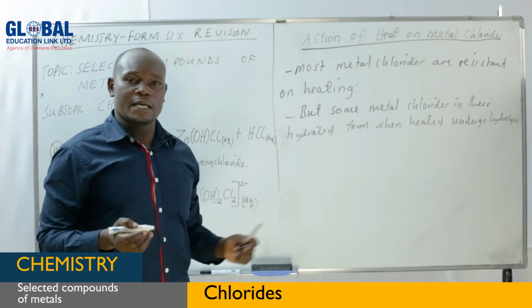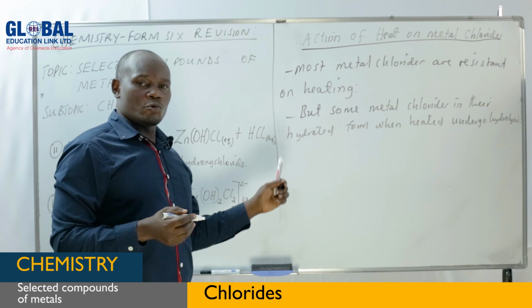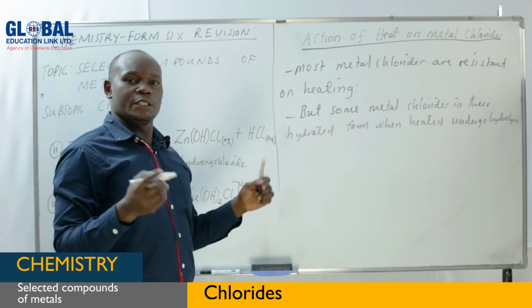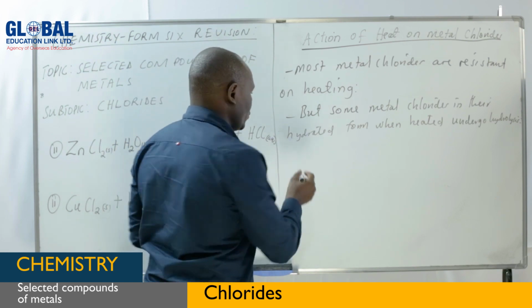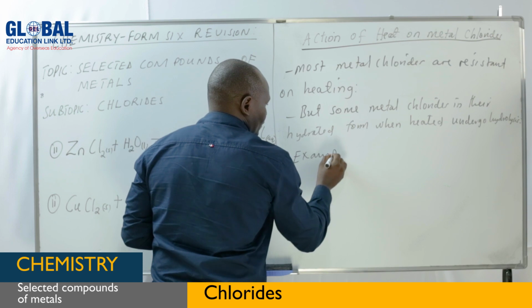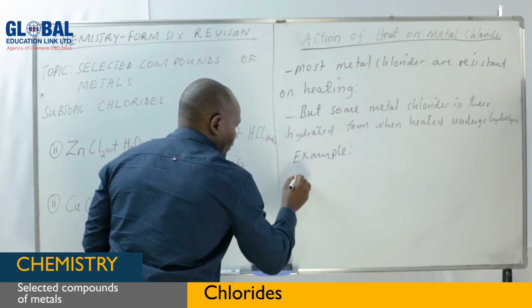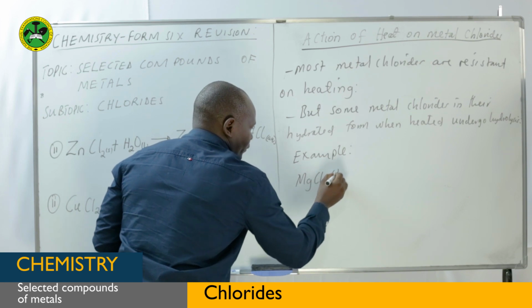Let us take an example of a hydrated metal chloride, which is magnesium chloride with 6 water molecules. So it is hexahydrated magnesium chloride. Taking an example of magnesium chloride with 6 water molecules,